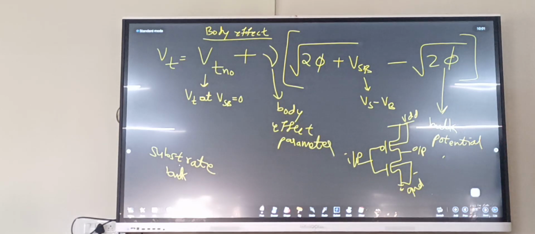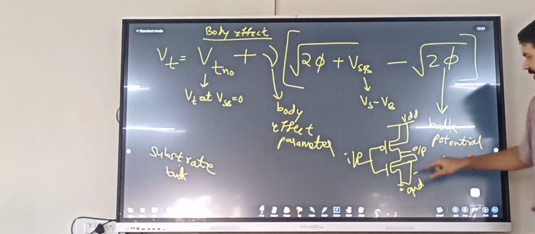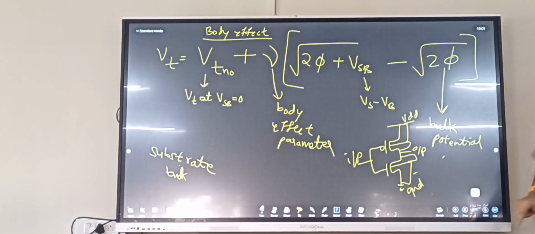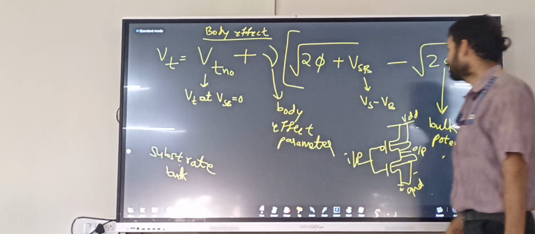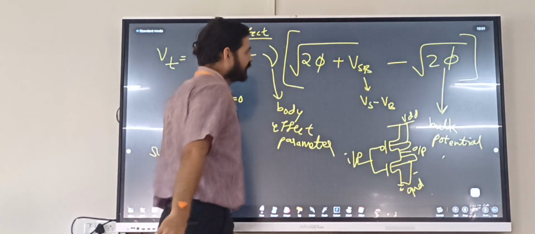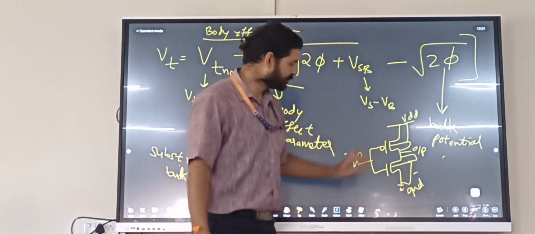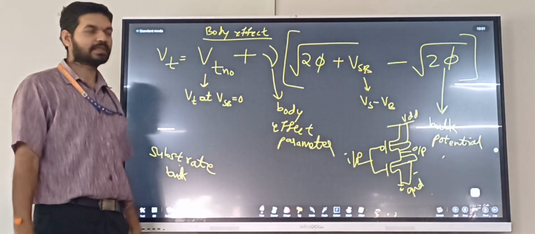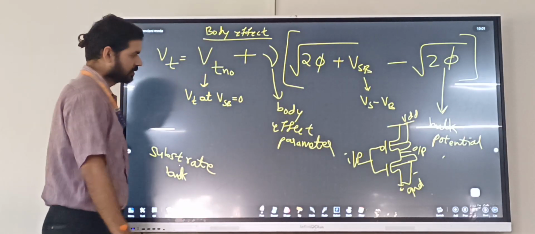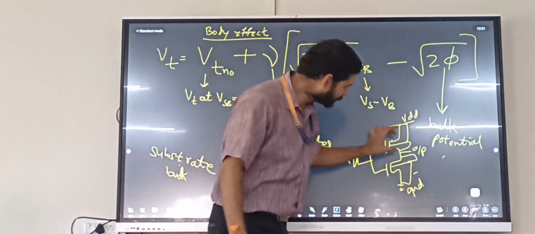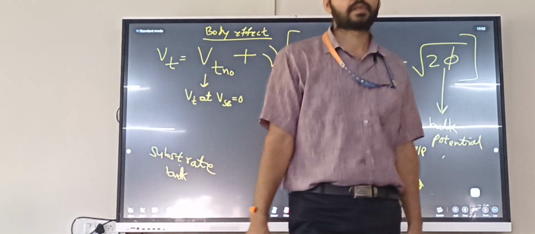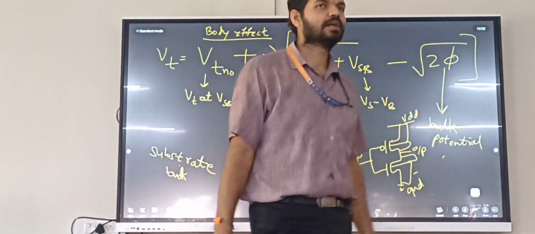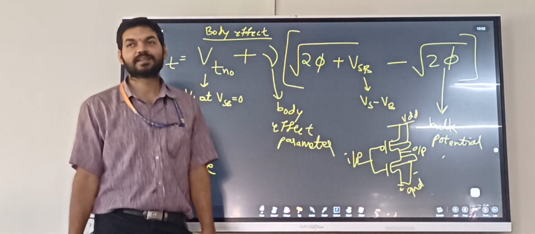But if we don't do that, there will be some difference of potential. By doing this, what happens is the threshold voltage of this MOSFET will change. Threshold voltage is VT, and then